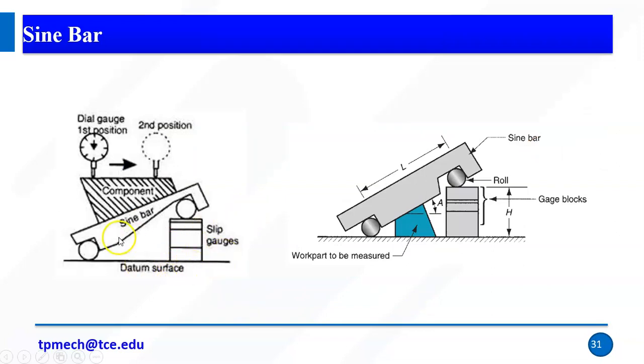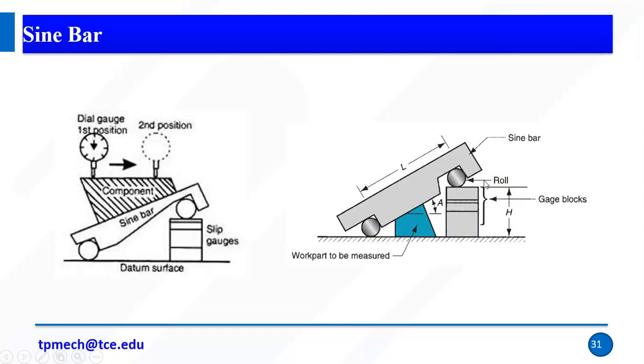Again, these are some of the examples. So we have a datum surface, we have a sine bar, we add slip gauges and we place our component. The dial gauge reading on the first portion and second portion should both be equal. In the same way, see how some cases are done, we use gauge blocks, right? So with slip gauges, you can even place a vernier on top of the workpiece and check whether it sits correctly on the flat. But this is somewhat different. For example, if it does not sit properly and there is an inclination, the reading will change, right? So you can use a dial gauge. Here we can measure the angle without a dial gauge. The only thing is, I put the workpiece down, put the bottom roller down, and place it on top.